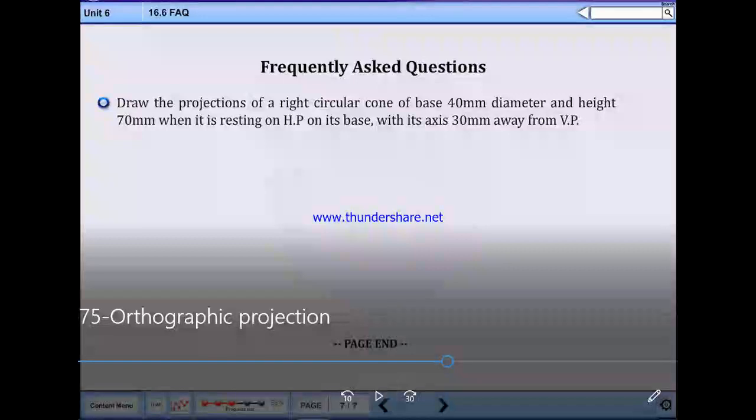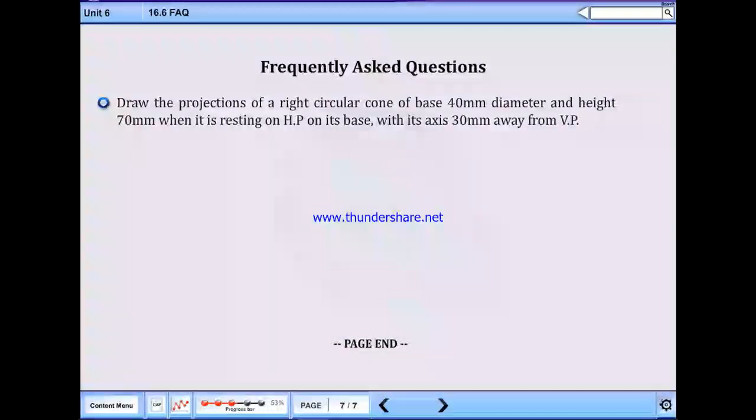Now note down frequently asked questions. What are the projections of a right circular cone of base 40 mm diameter and height 70 mm when it is resting on HP on its base with its axis 30 mm away from VP?